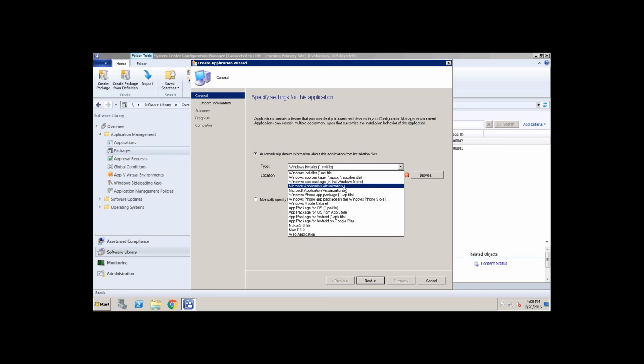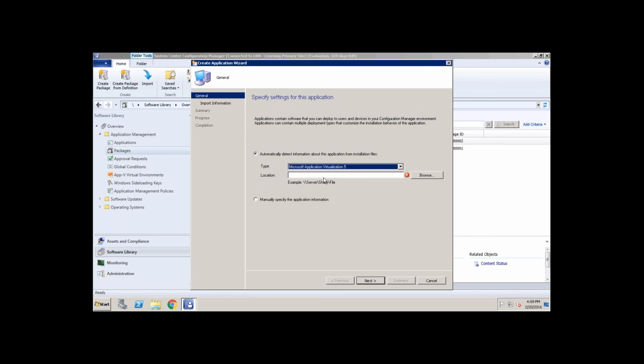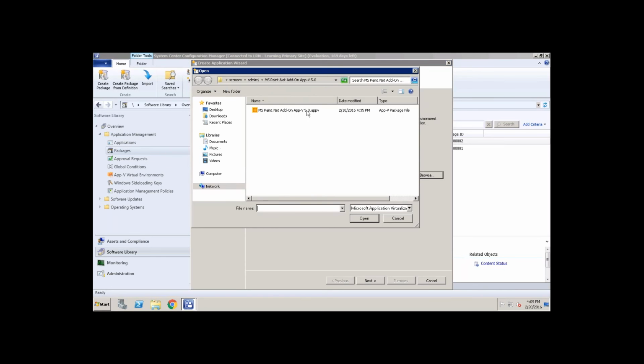So I'm going with App-V 5 because my package is 5.0. Now you have to browse for the App-V file. In this location I have an App-V file. This is what we use when you want to install your App-V package.